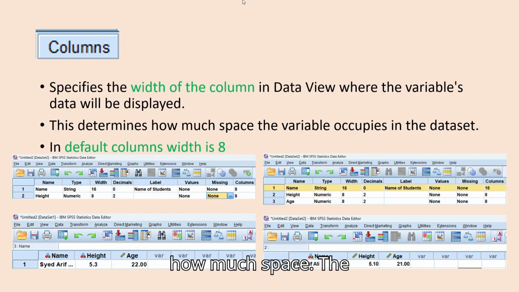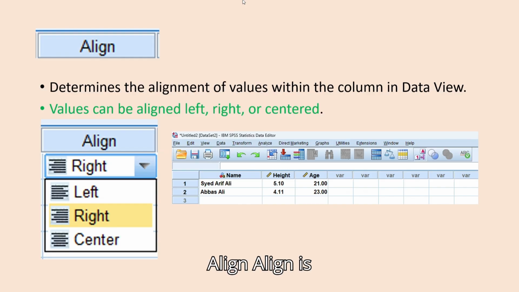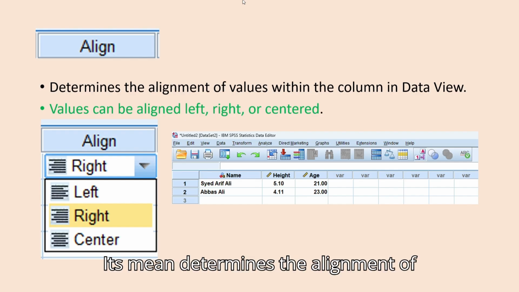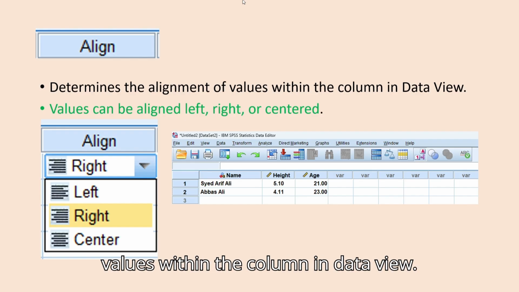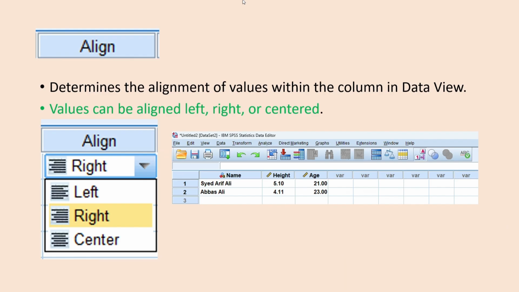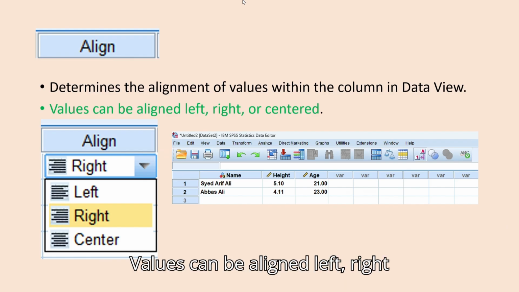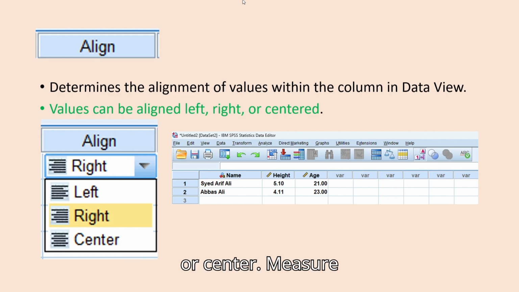This determines how much space the variable occupies in the dataset. By default, column width is 8. Align: right, left, or center. It determines the alignment of values within the column in data view. Values can be aligned left, right, or center.